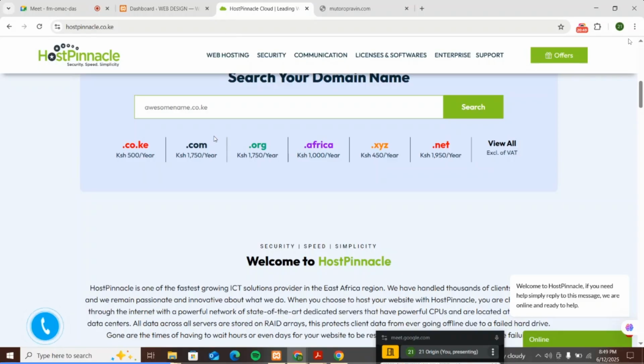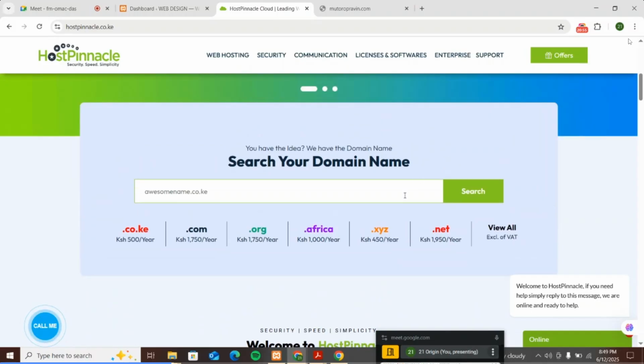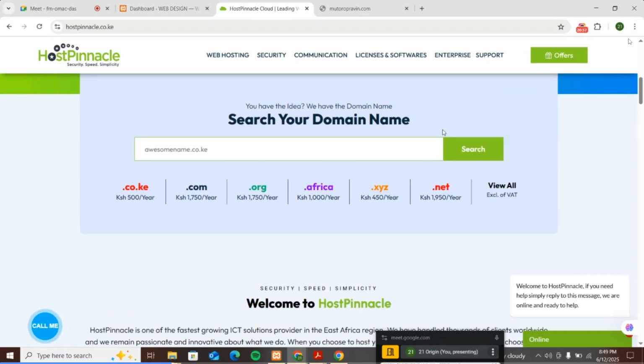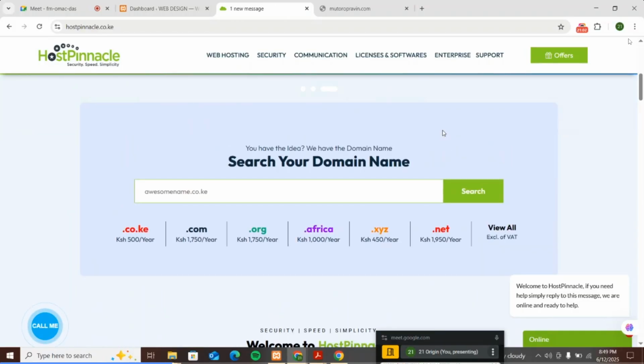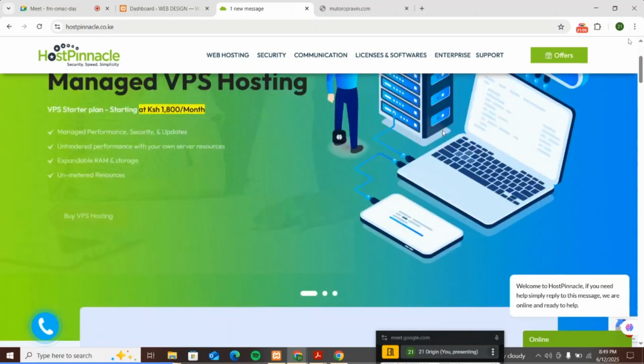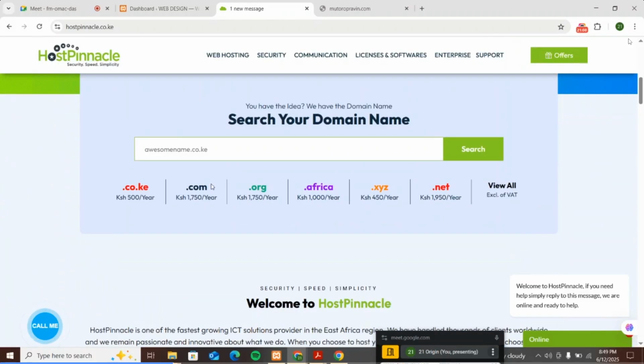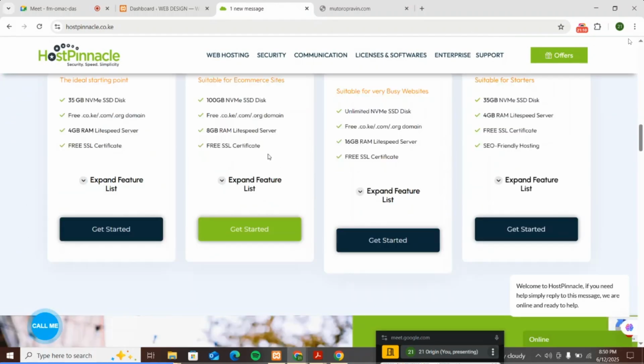Okay, so the suffix is what makes the difference. That is what makes it unique, a domain name. Buying it is as easy as buying anything online. If you have ever bought anything online, it is just as easy as that. Okay, let us see if we can buy